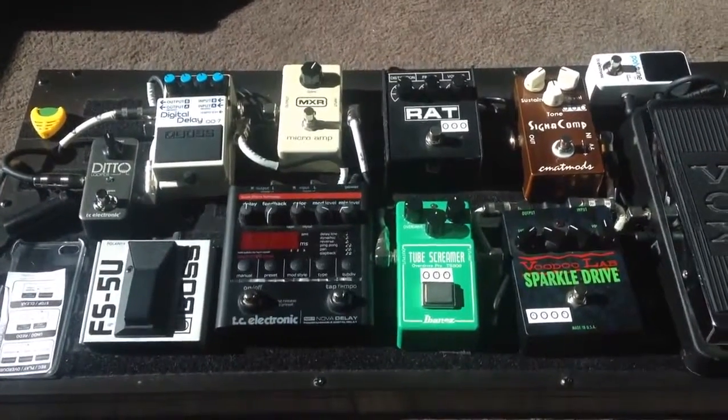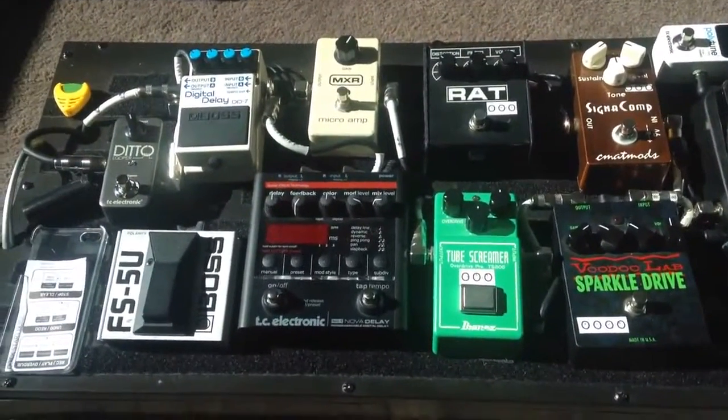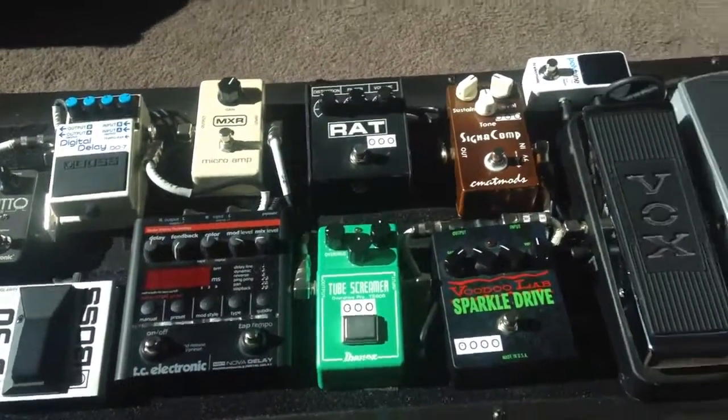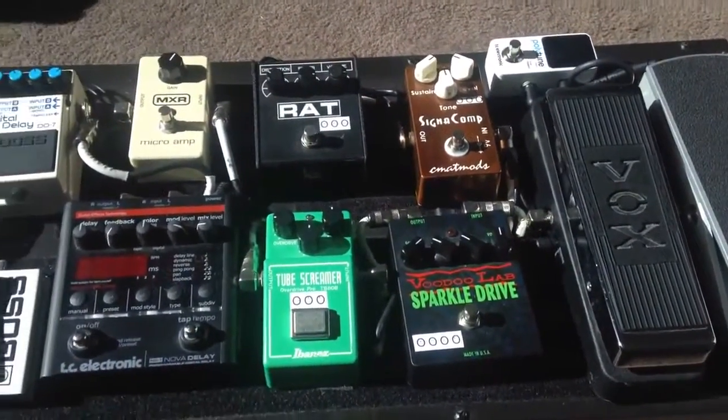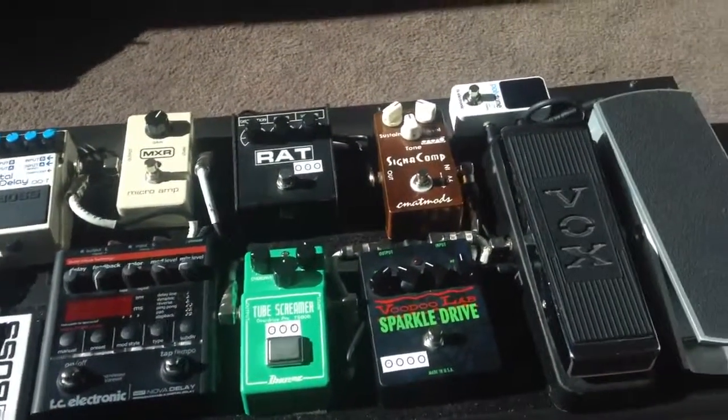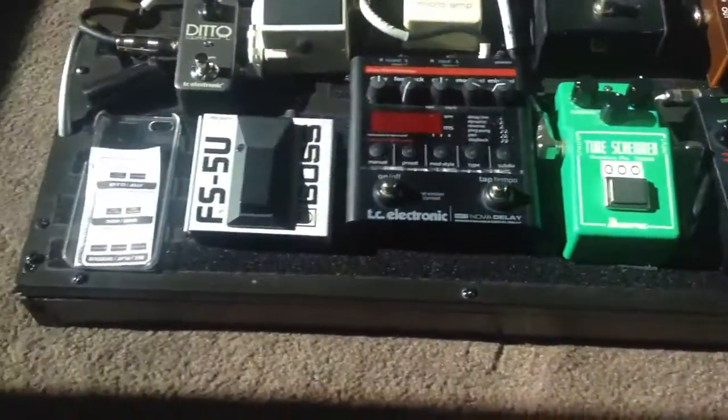Alright, I'm just going to go over my pedal board. So this is just a basic overview of how I built my pedal board, what I used, the type of Velcro, soldering, etc. So let's just have a look. So this particular pedal board